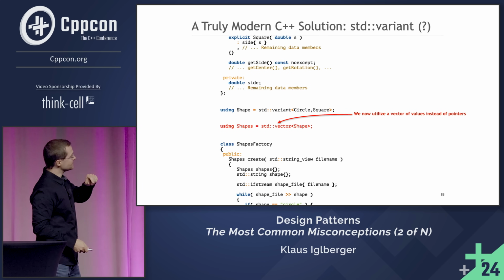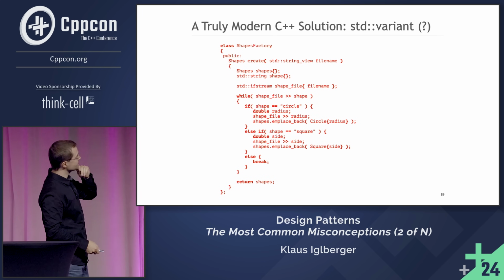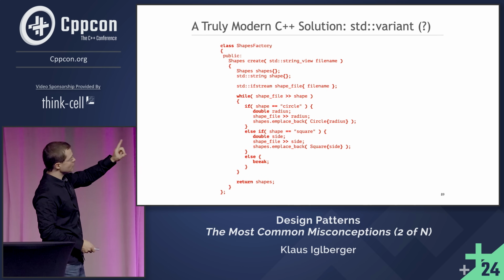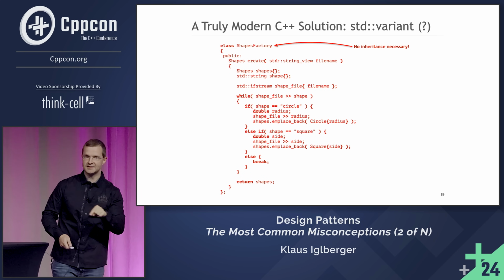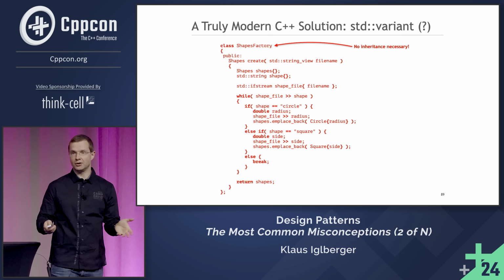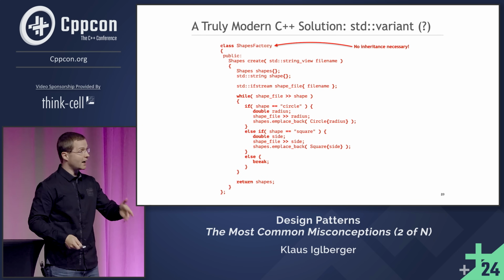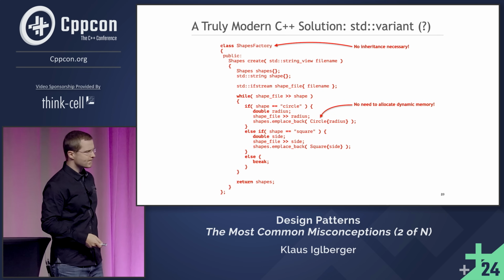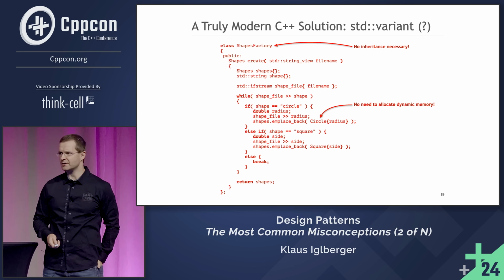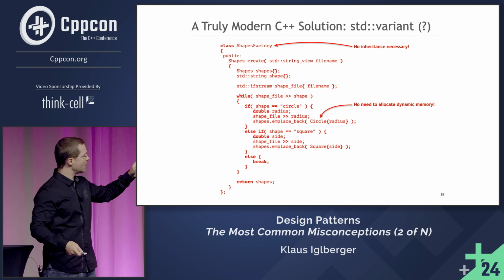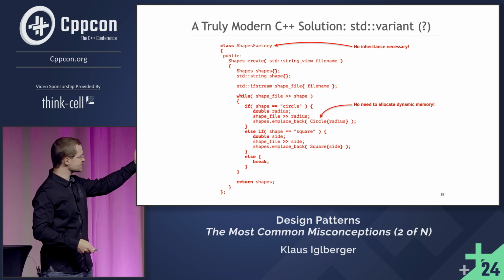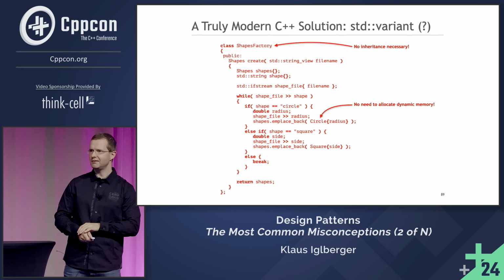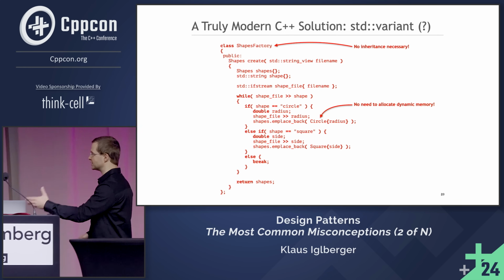Good, then we can create these things again. Again, we have a shapes factory. It's pretty much the same code, but the one thing to note is there's no base class. I don't need a base class. I don't need any virtual functions. I can totally go without. And you also note, I do not allocate circles or squares or rectangles. I just create them. I create a circle with some radius and put them in the vector of variants. Nice. That's simple. That's intuitive.